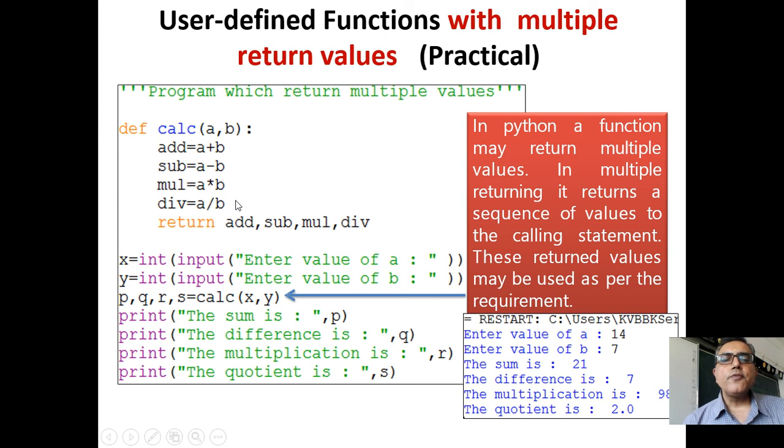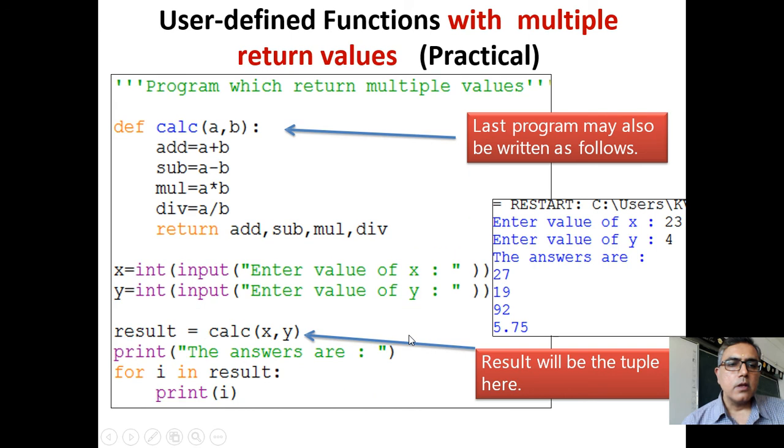So the execution of this program I have already shown you, where the function is returning multiple values. Here the values which are returned by this function are processed using a for loop. This tuple was unpacked using a for loop. This way also you can display the result. Okay, so there were 5 values. Those 5 values will be printed one by one using a for loop.